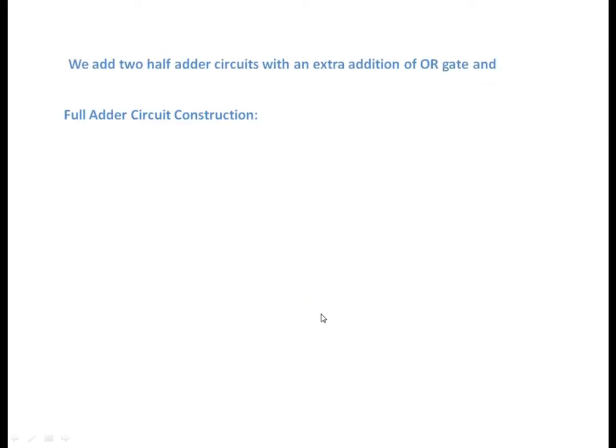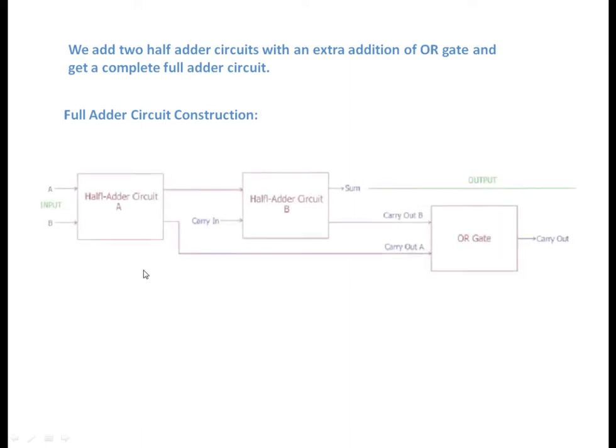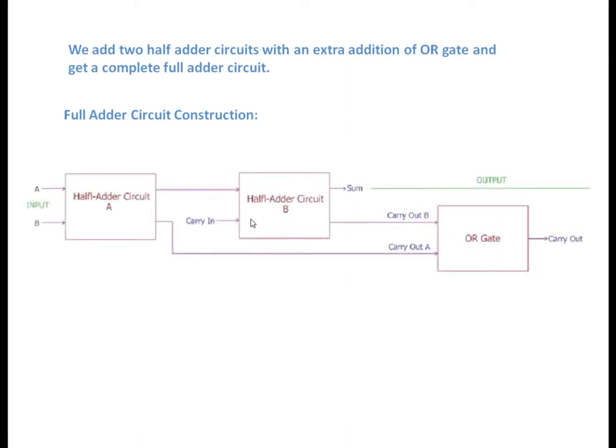See here, we have two half adders, meaning we are implementing the circuit by using two half adders. When you apply the two switches A and B according to the conditions, you will get sum as well as carry. That sum you take as a carry in and you get the carry out, and you implement the OR gate with sum and carry out, so the total output is sum and carry.